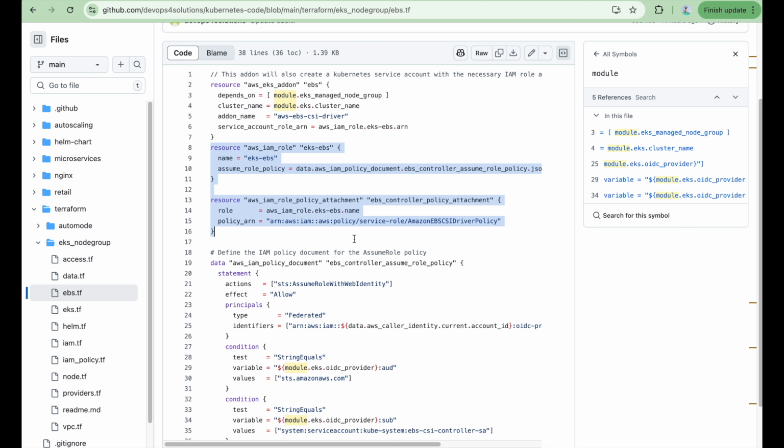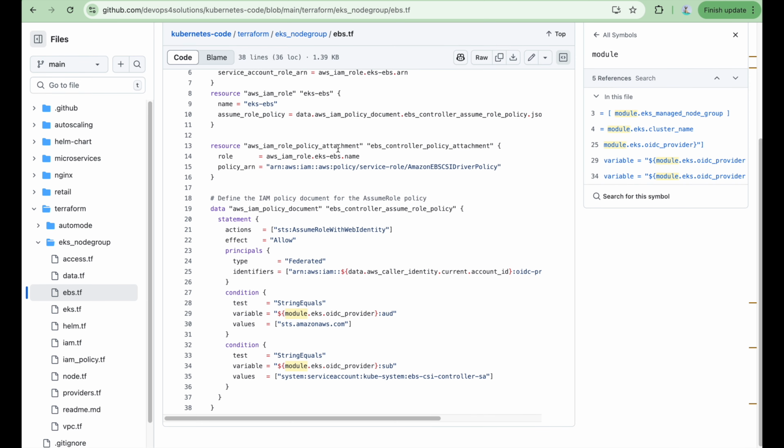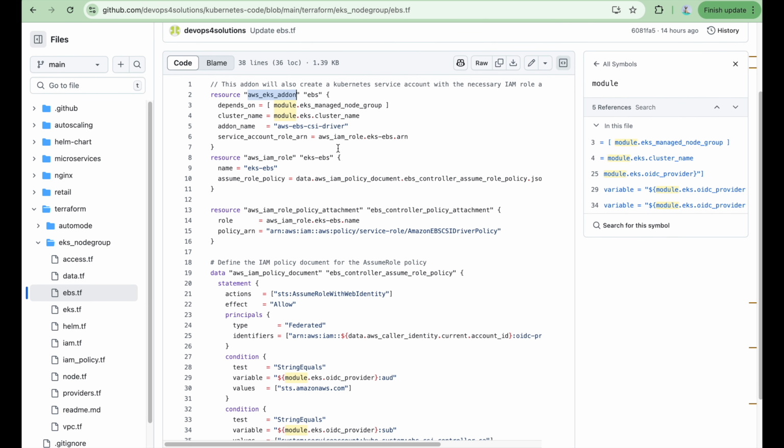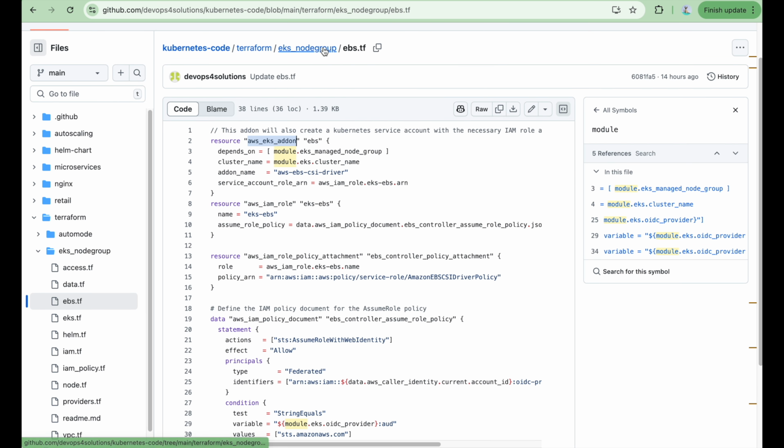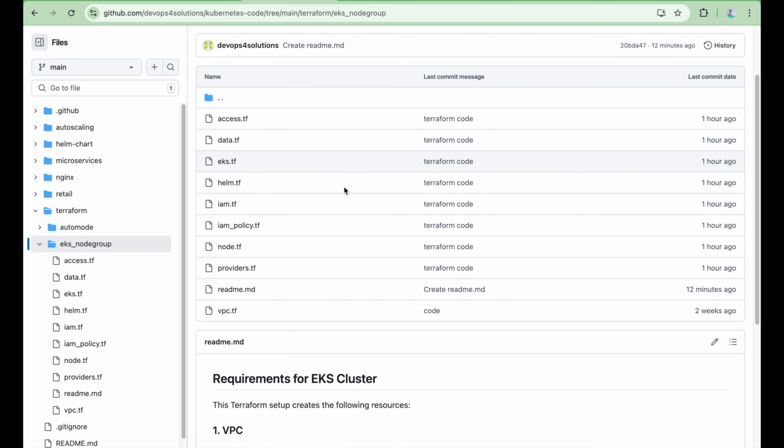In this, instead of Helm, we are using the add-on because they are providing the add-on. So we create it and assign the role to that add-on, so that whenever I request EBS volume storage using Kubernetes resources, it is available for use. So this is the configuration we have for storage. This is how it looks. I think we covered everything.